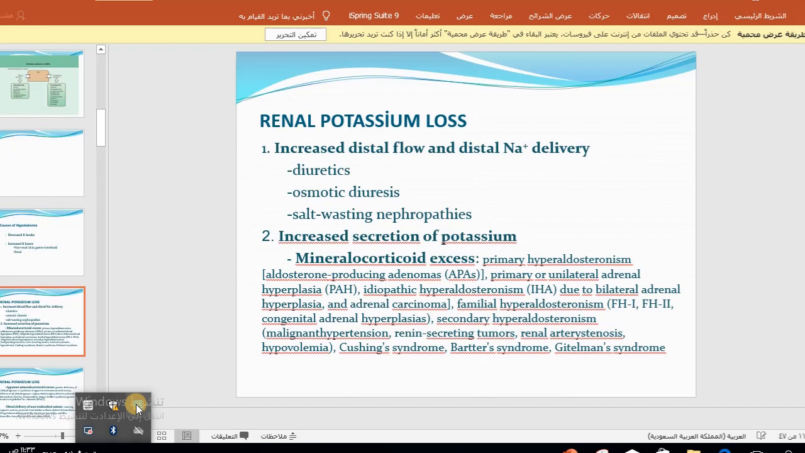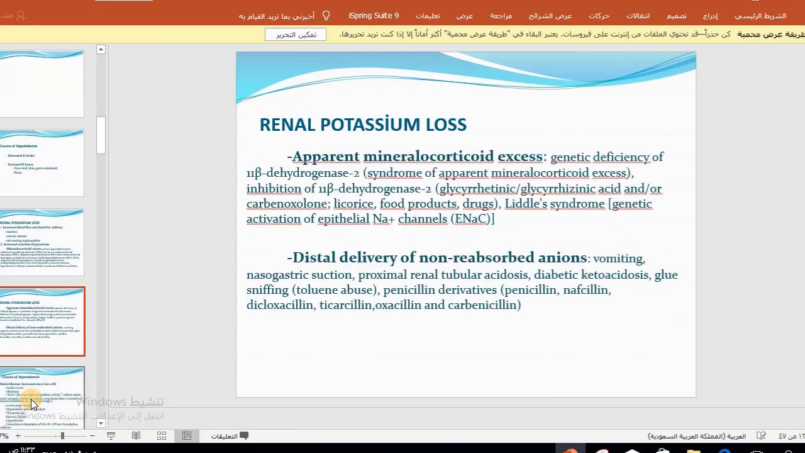Any activation of the RAS system at any level can lead to hypokalemia, like primary hyperaldosteronism, familial hyperaldosteronism, or secondary hyperaldosteronism, Bartter's, Gitelman, Cushing syndrome, etc. Renal potassium loss can also be due to aberrant mineralocorticosteroid excess. In such a condition, there is a condition similar to activation of the RAS system, but it is not due to hyperaldosteronism, like